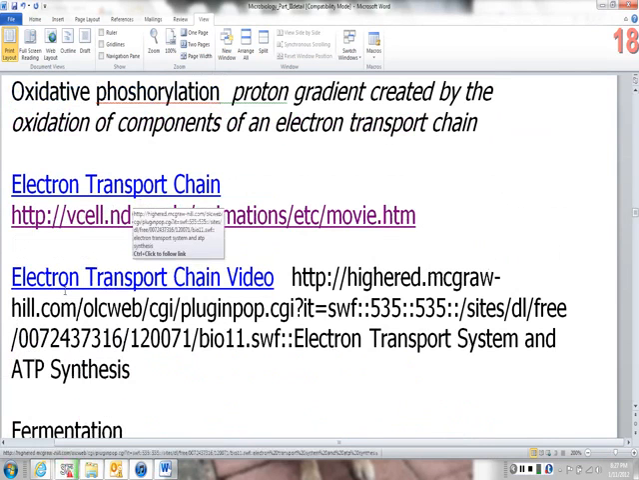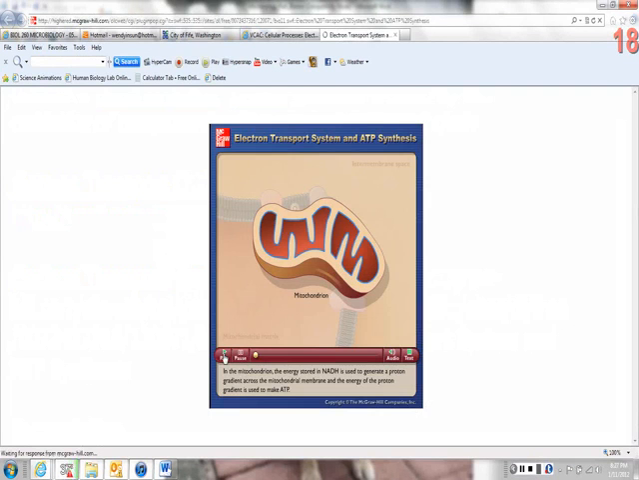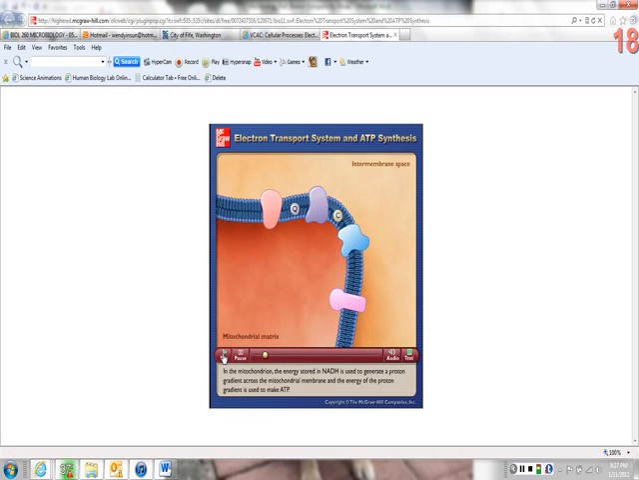Here we have another animation of the electron transport chain. In the mitochondrion, the energy stored in NADH is used to generate a proton gradient across the mitochondrial membrane, and the energy of the proton gradient is used to make ATP. When glucose is oxidized during glycolysis and the Krebs cycle, the coenzymes NAD and FAD are reduced to NADH and